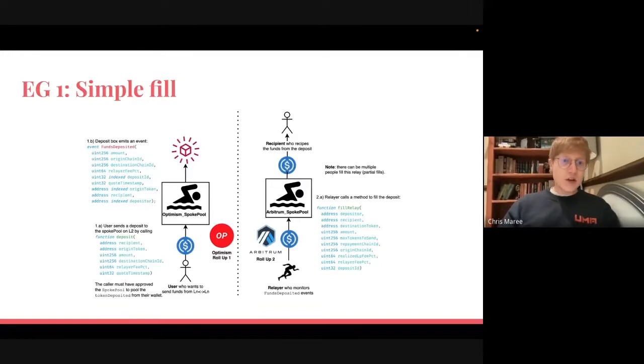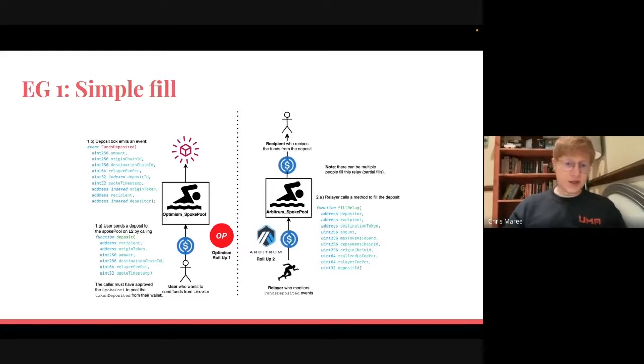So let's go through a very simple fill. A user is on Optimism and they want to send money to Arbitrum. The first thing they do is call the deposit method on the Optimism spoke pool. In this method, they specify some parameters, which are the recipient, so who's going to receive money on the other side, the origin token, so if they're sending USDC, in this example, that will be the USDC address,